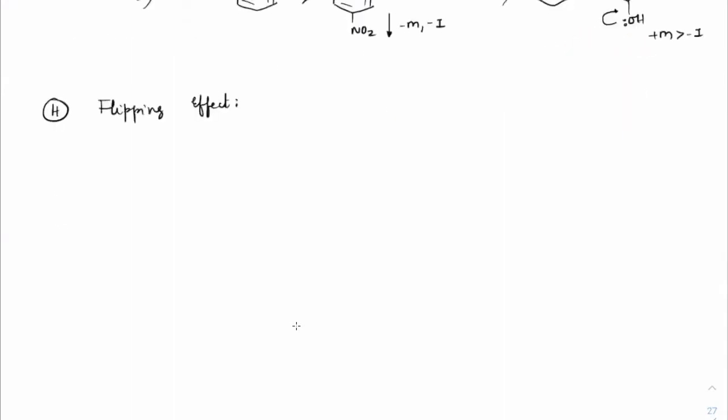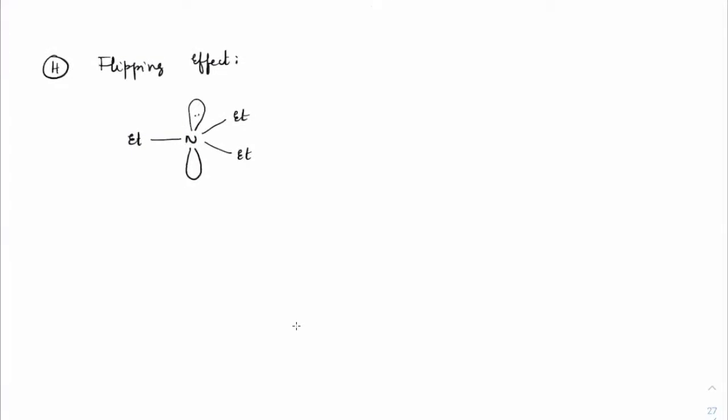Okay. So flipping effect as in, if you check out ethyl, suppose we have nitrogen, ethyl and ethyl. So I'm taking it as a tertiary amine. In tertiary amine, the lone pair present on nitrogen will keep flipping above and below. It will make an umbrella inversion above and below. This I have told you before also. See, nitrogen is supposed to be pyramidal shape like this. This is how pyramidal shape it has to be, correct?